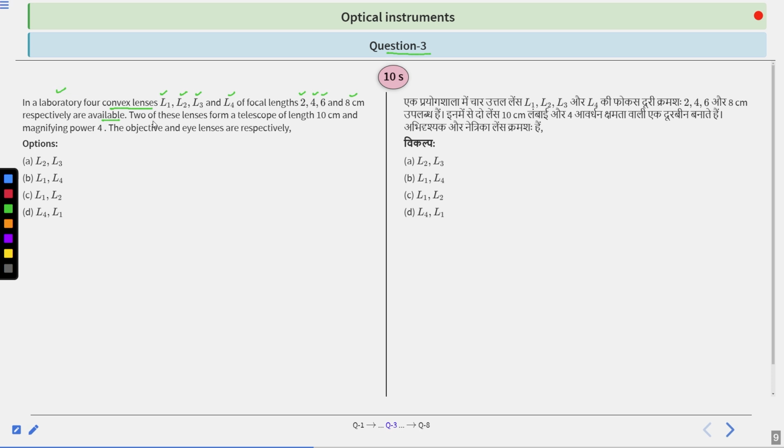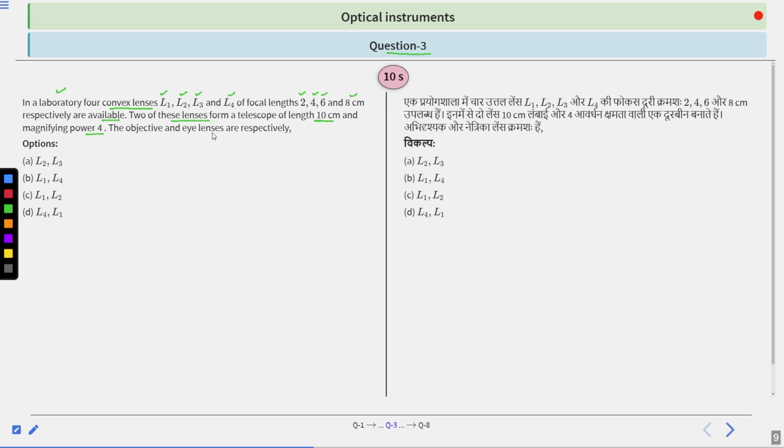Two of these lenses, from L1, L2, L3 and L4, form a telescope of length 10 centimeter and magnifying power 4. So here two terms are given. First is the length of the telescope, 10 centimeter, and magnifying power is 4. The objective and eye lenses are, respectively...